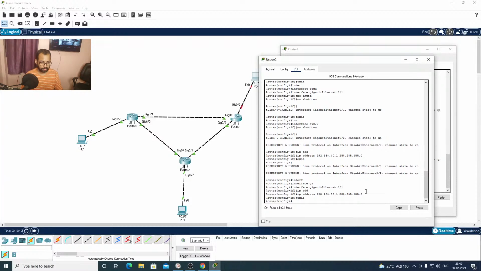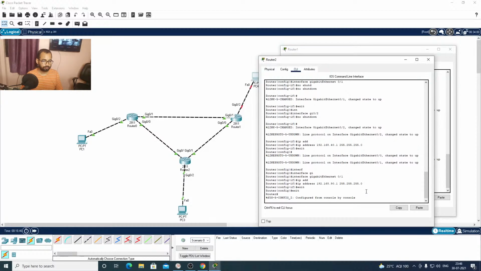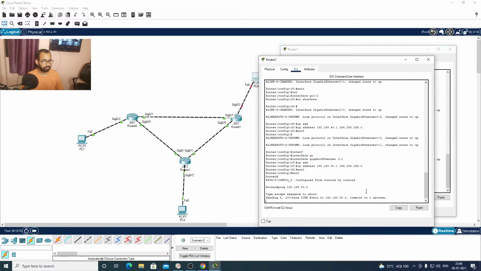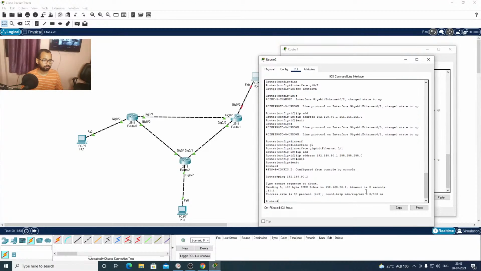We'll check the connectivity by pinging to 90.2. See, we have received the round trip of 0 ms, hence router 2 is pinging router 1. Coming back to router 1,